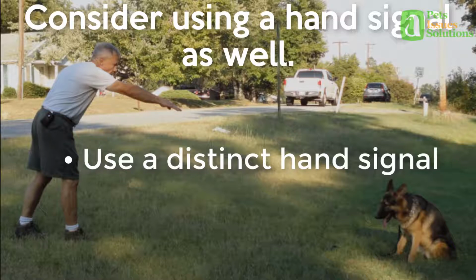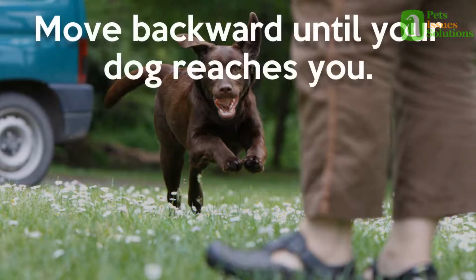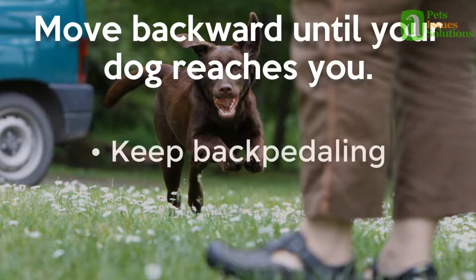Holding your hand out in front of you, palm up, and curling your fingers back onto your palm is another common signal for the come command. Move backward until your dog reaches you. You want your dog to associate the command with coming all the way to you and not simply running a few feet. To help with this while using the shorter leash, keep backpedaling, carefully not to run into anything, until